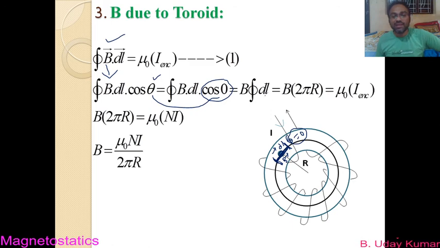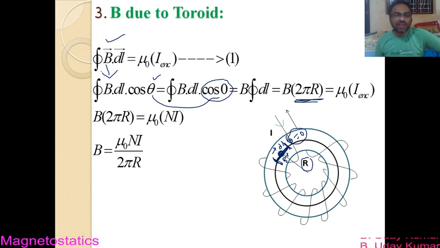But what is this integral dl? Integral dl is the total length of the closed path that you are choosing, right? So now the total length of the closed path becomes, it's a circle, right? Since it is a circle, the total length of the closed path will be the circumference of the circle, and the circumference of the circle is nothing but 2 pi times its radius. And since the radius of this closed path that we are choosing is capital R, I can write it as 2 pi R. So this becomes the total length of the closed path that we are choosing.